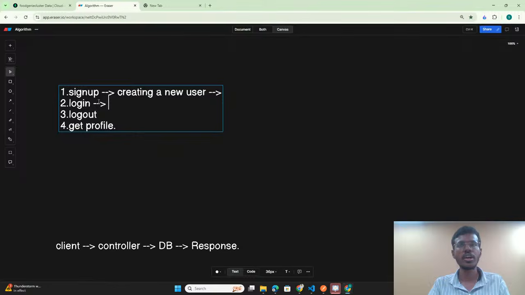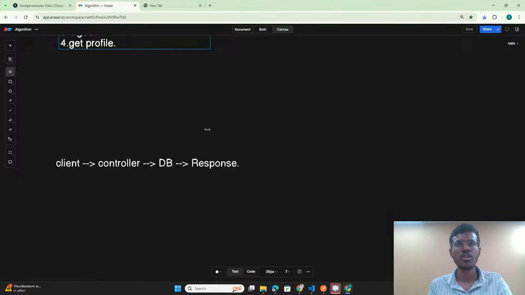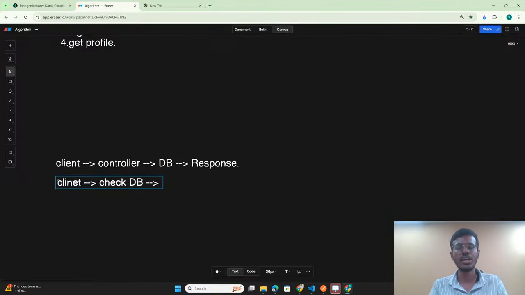What is my login? Verifying the user. We are going to verify the user. How will we verify it? We will check the email and password. At the time of login, we'll get the email and password from the client, from the front end. Then we check in our database whether that email ID is present inside our database. If it is present, that means